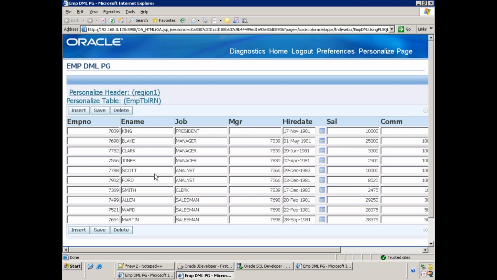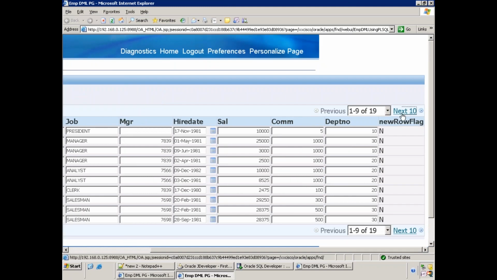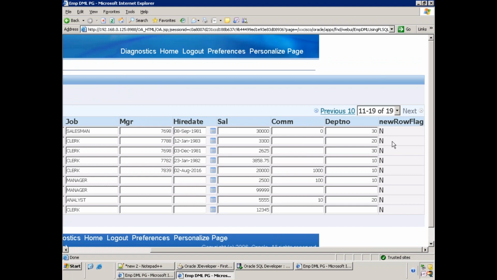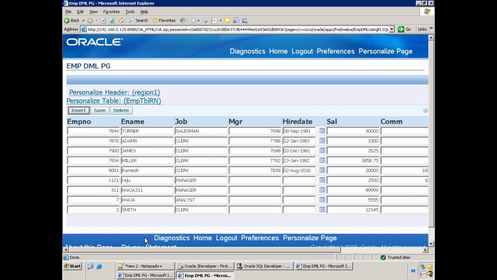Now let us try to validate the save functionality. For all the rows, the value of new row flag is N, right? Clear? Now for this user Kaja, employee number 7, I will update these values. I will update the manager number and the hire date.